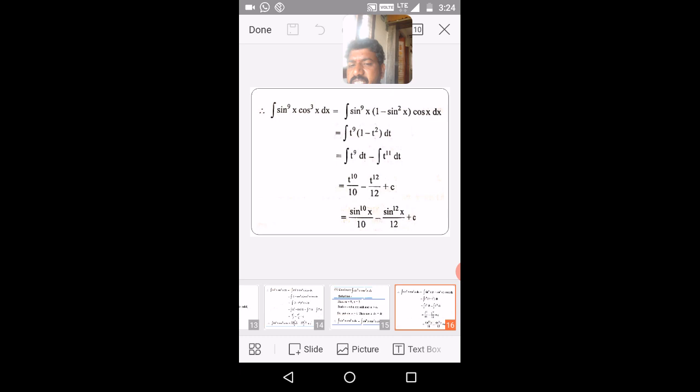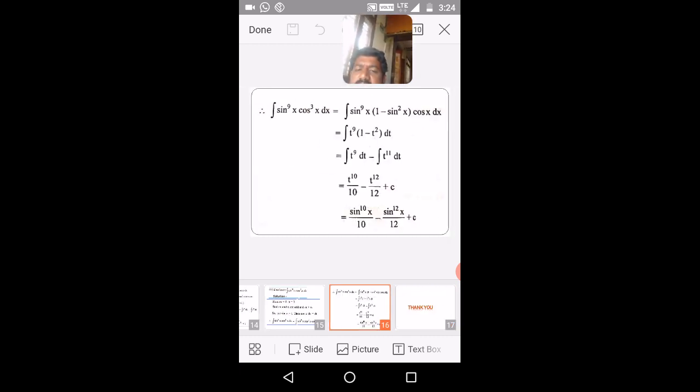Then t is sin x whole power 10 by 10 minus sin x whole power 12 by 12 plus c, or sin power 10 x by 10 minus sin power 12 x by 12 plus c. Okay, this is